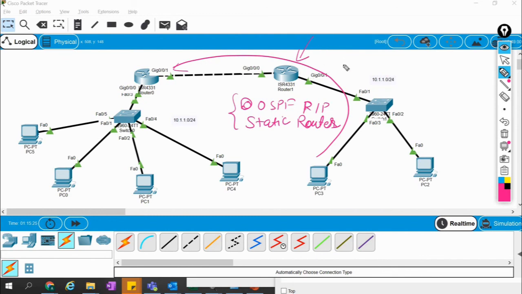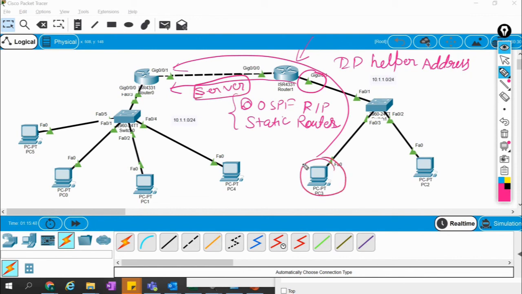And another thing, we will configure the IP helper address on this interface to tell it the information about the server. Once we do these two things, this PC3 will be able to get the IP address.